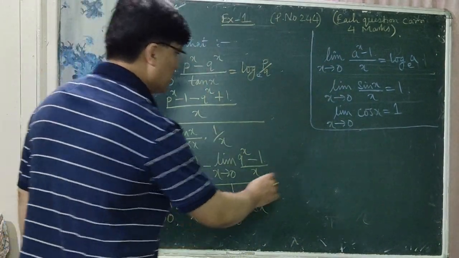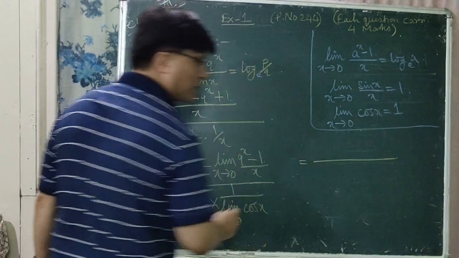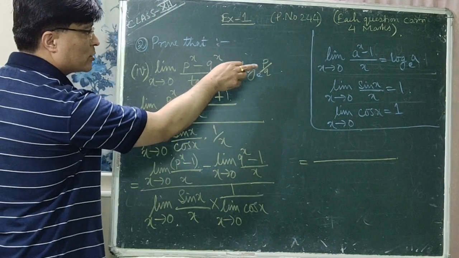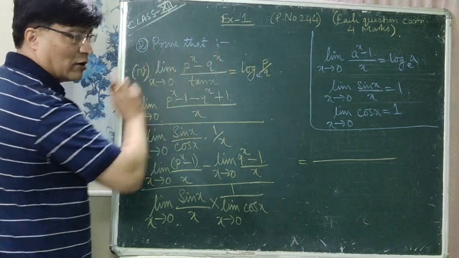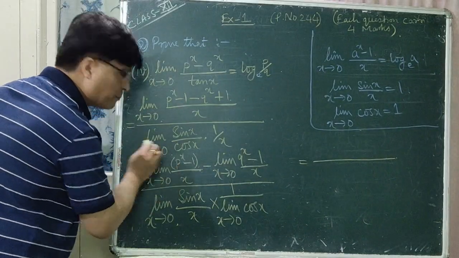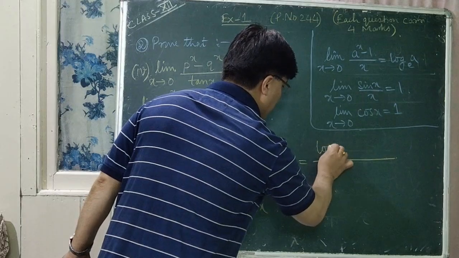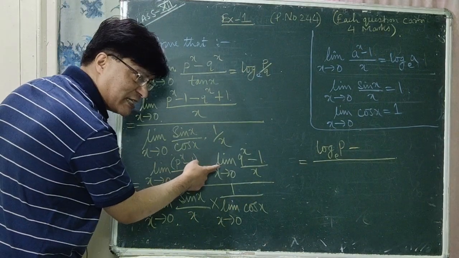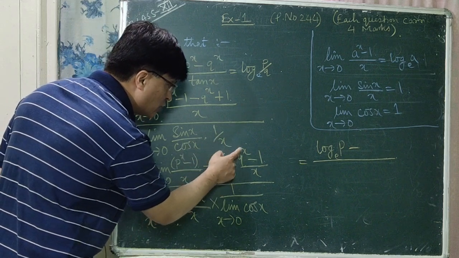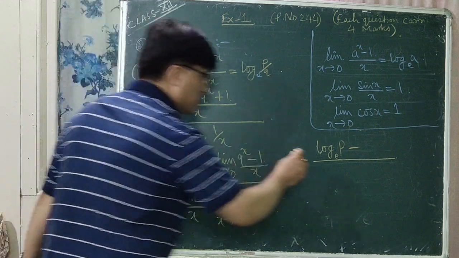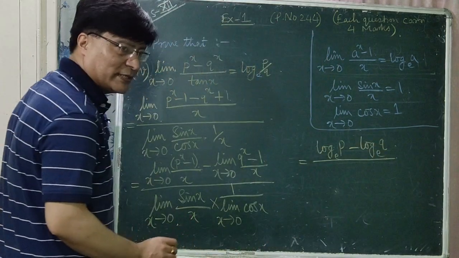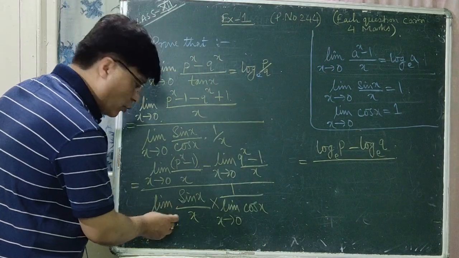So which is equal to, now in the numerator, what is the value of this standard limit? That is (a to the power x minus 1) whole divided by x when limit x tends to 0, log a base e. So here it is log p base e. It will be log p base e minus, similarly what is the second limit? Limit x tends to 0, (q to the power x minus 1) whole divided by x. What is it? It is log q base e, whole divided by